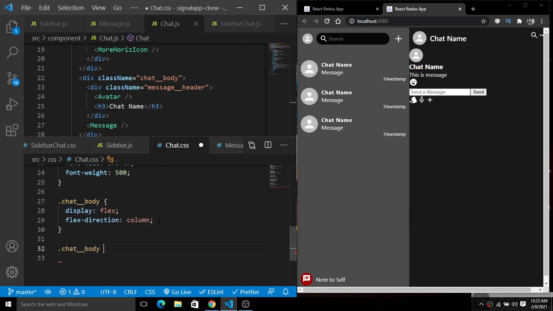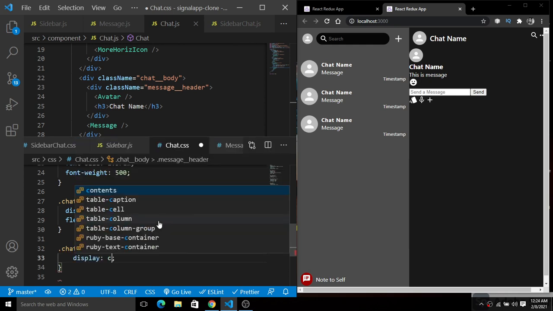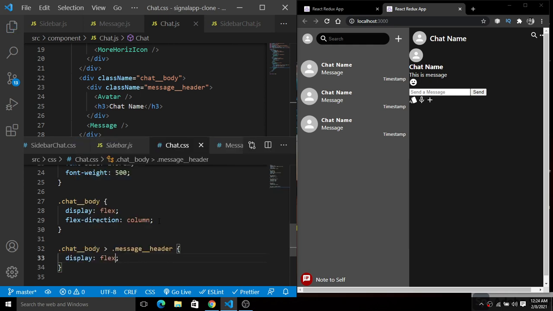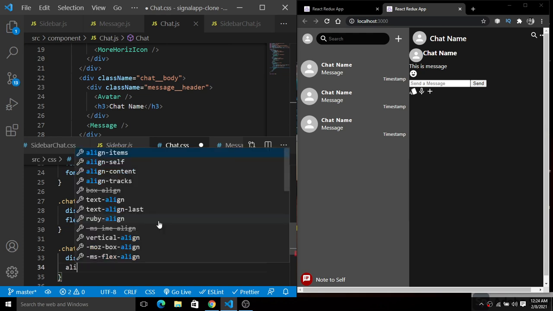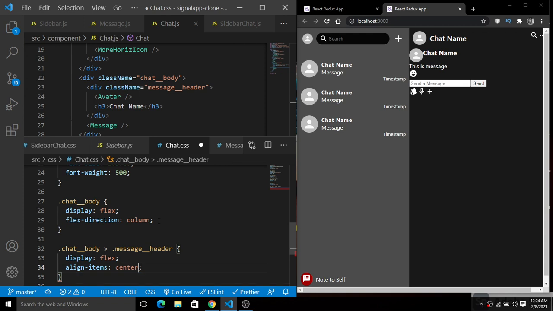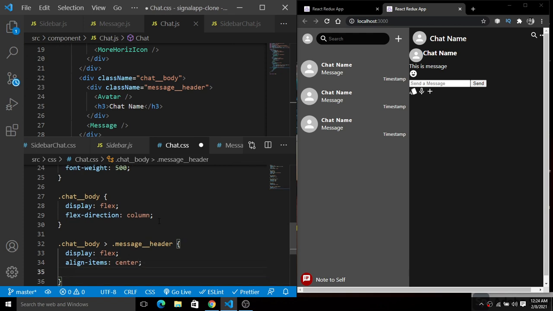So inside of this chat body we have a class with the name of message header, just like this. And now we will simply give a display of flex, align-items center. Got it?